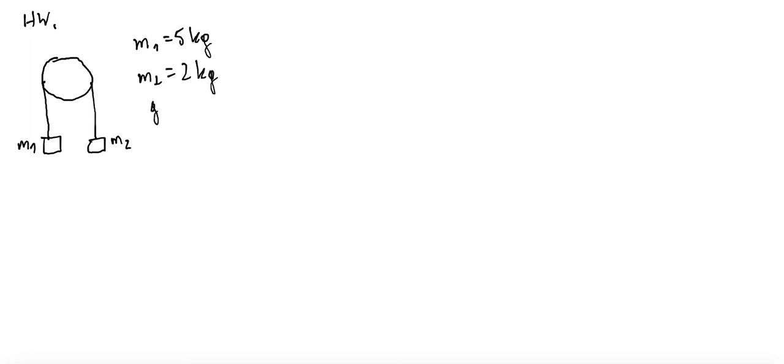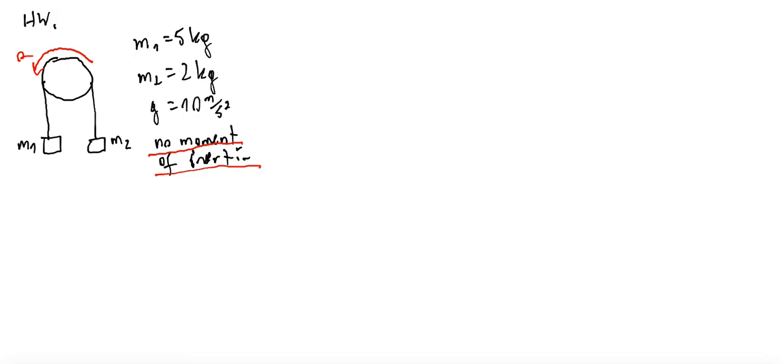Use g as 10 meters per second squared, it will be easier to calculate. No moment of inertia. Okay, and your task is to find the same acceleration of the system. Remember, no moment of inertia. Yes? You have to find acceleration of the system without a moment of inertia,